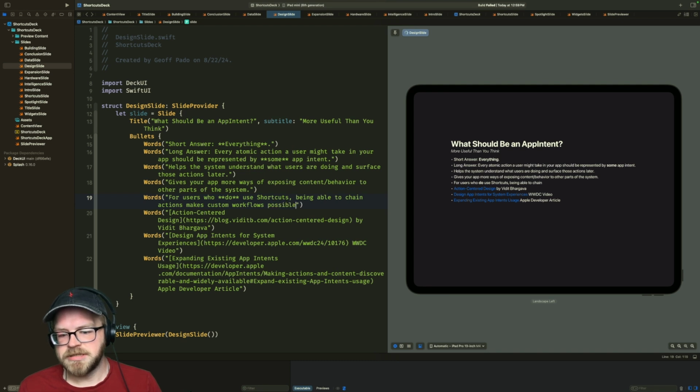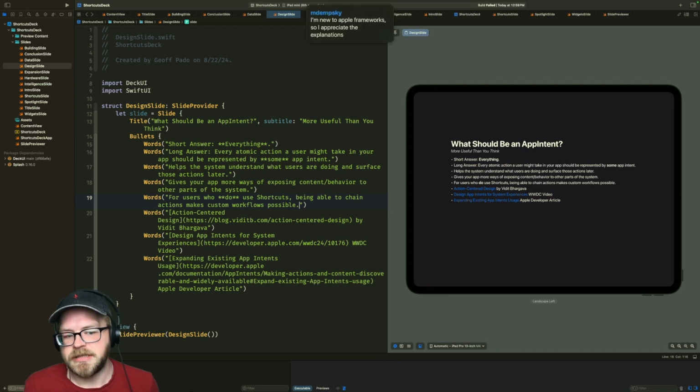But yeah, this talk is basically, hey, you may have heard about app intents. They're cool. You should use them. But you probably have dismissed them as being just the shortcuts thing, and they're actually way more than that. If you start adopting them now, you're going to have all of this other functionality that people are going to be able to use.